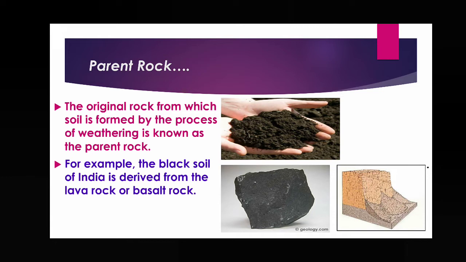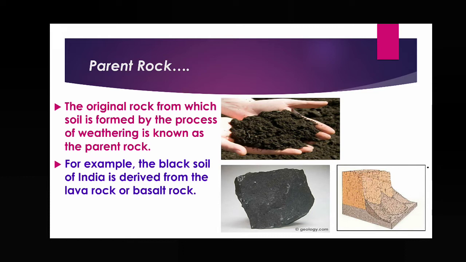Like that, on the right hand side in another diagram, one soil is present. It is not written, it is sandy soil. Sandy soil means sand is more, and this sandy soil is formed from sandstone. So sandstone, sandy soil. Who is the parent rock here? Sandstone is the parent rock of the sandy soil. So I have given two examples. So this is the impact.